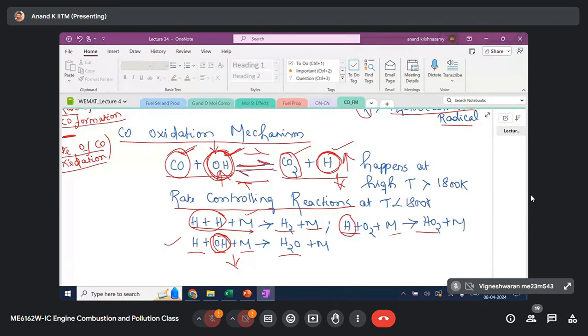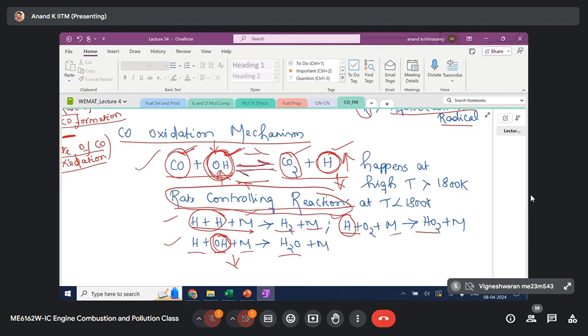So these three chemical reactions control or ensure H or OH radical availability, thereby controlling the oxidation reaction. The primary oxidation reaction is this, but in this reaction, you have two important radicals that decide forward or backward propagation of the reaction, okay? And those OH and H radical availability is ensured based on these three chemical reaction steps.